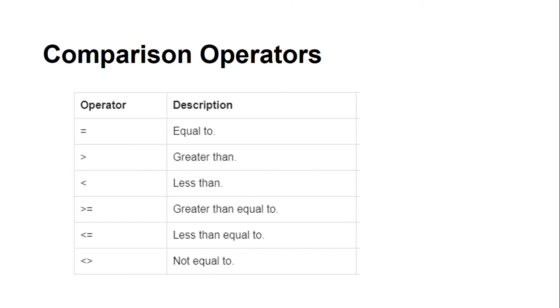What are the comparison operators? This is also important, that when we write the statement, we have to use operators. Have you used such operators in your studies? Whenever you assign something to a specific variable, we use equals to, so that the value 1 is assigned to a.